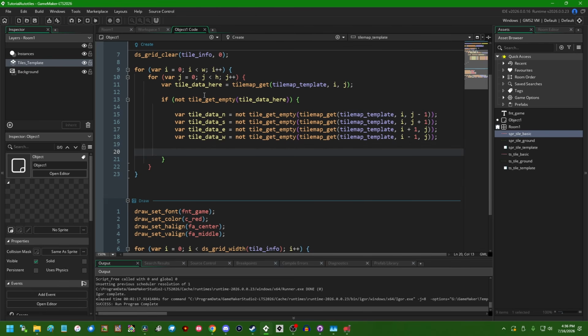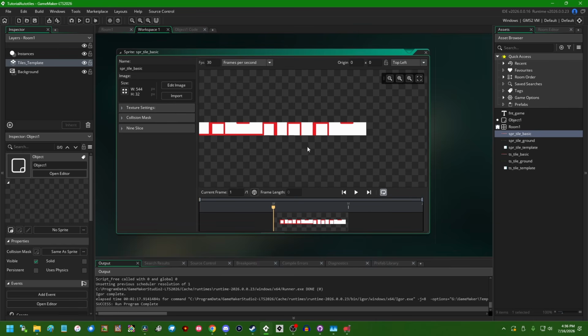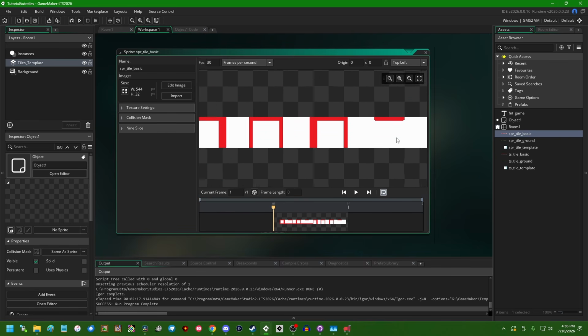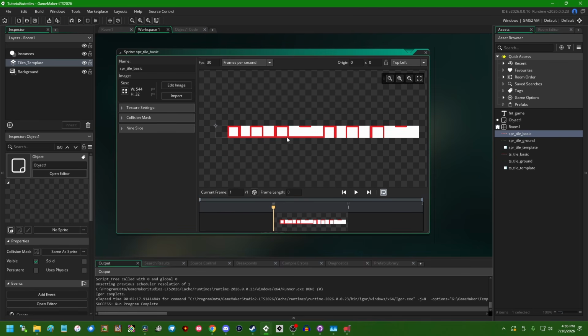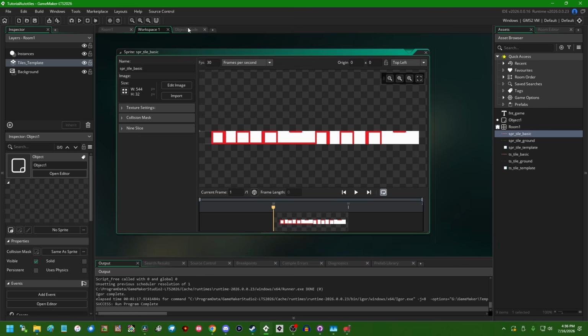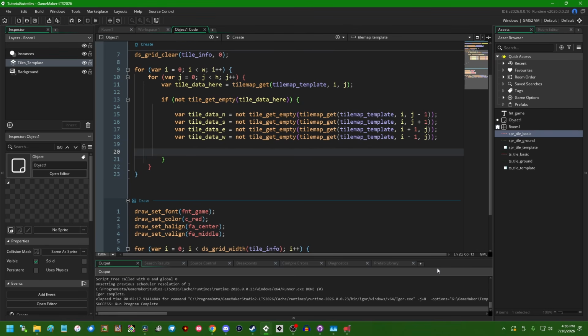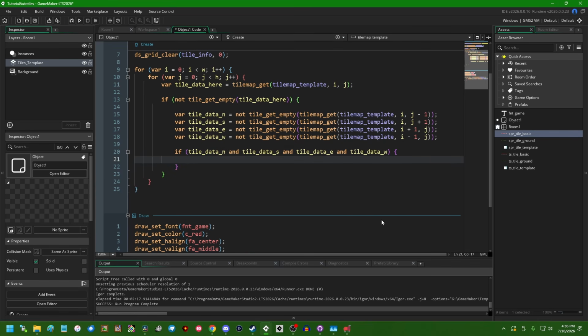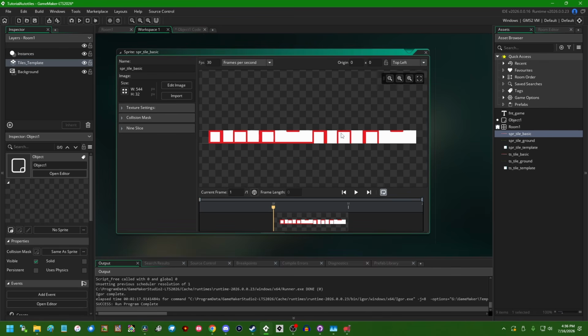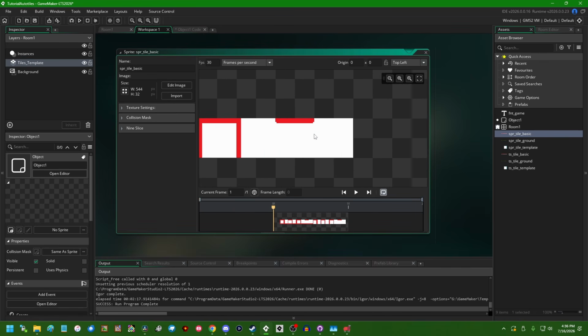And now we can start enumerating all the possible combinations for each of the possible combinations of neighbors. And if this sounds like it's going to get boring real fast, you would be correct. So let's get this underway. I'm going to say if tile data north and tile data south and tile data east and tile data west. So if a tile has neighbors in all 4 cardinal directions, we are going to assign that this tile at